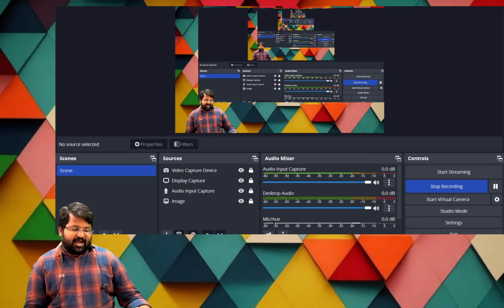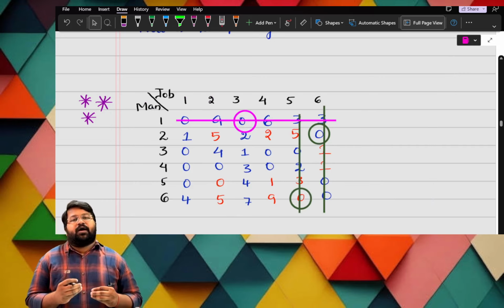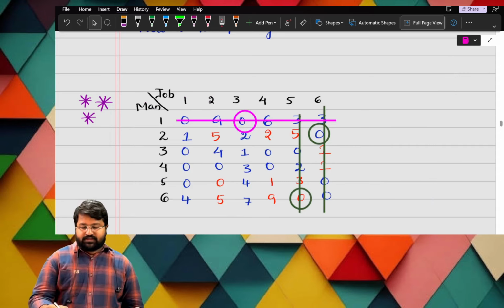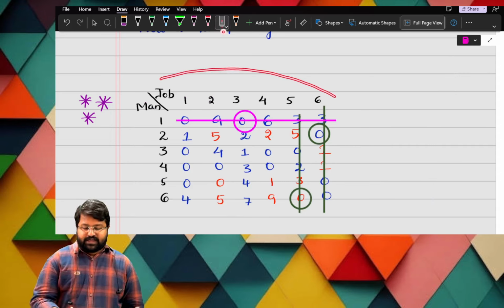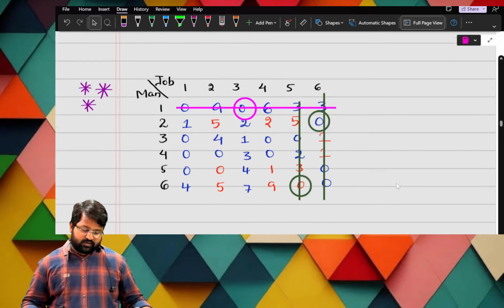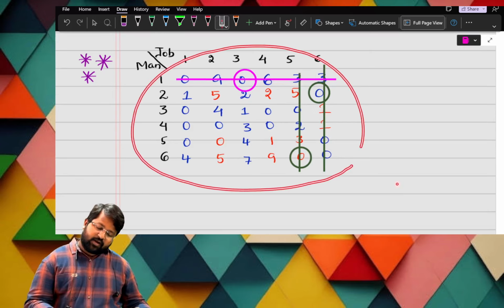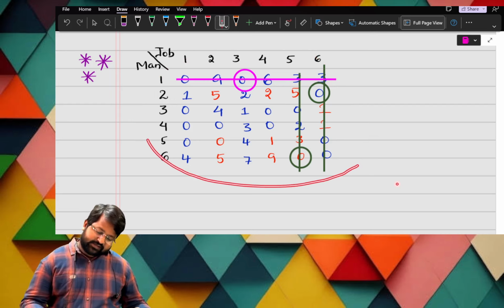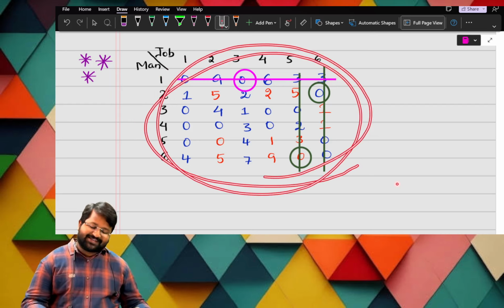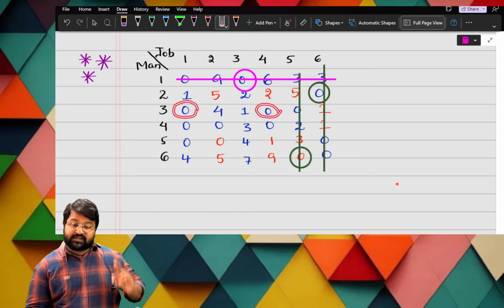Okay, ma. Now let us continue. So after doing some improvement steps, we got this end result, ma. This is the end result of our improvement. Sir, are you finding any single zero, ma? I am checking for a single zero, but I am not getting a single zero. So say once again, here it is done. Now I will check with the rows. So there are two zeros. Here zero, here zero. But I want a single zero.